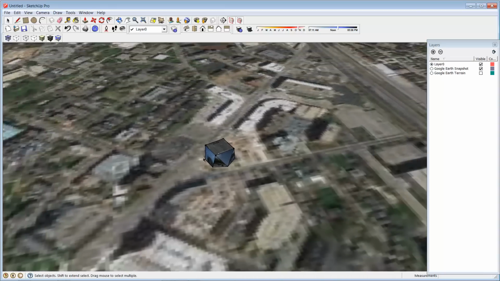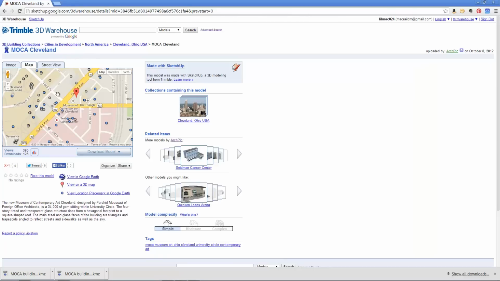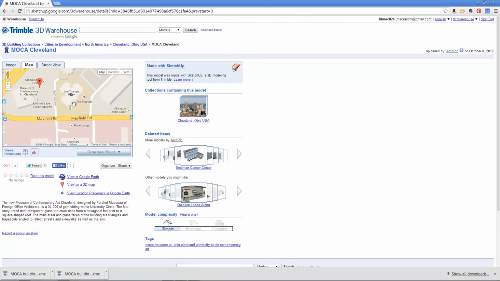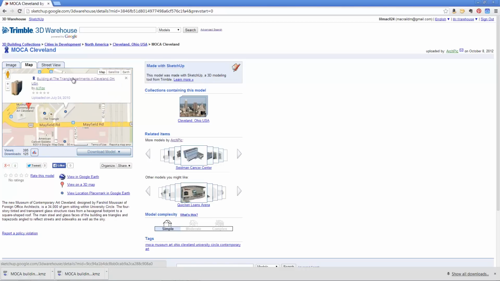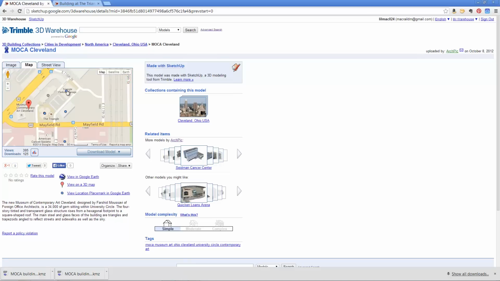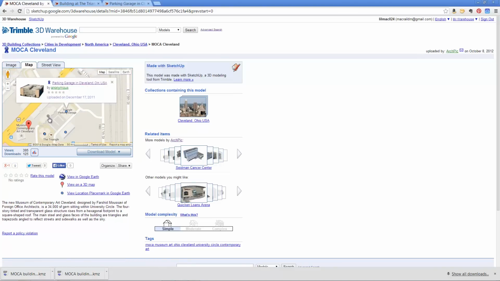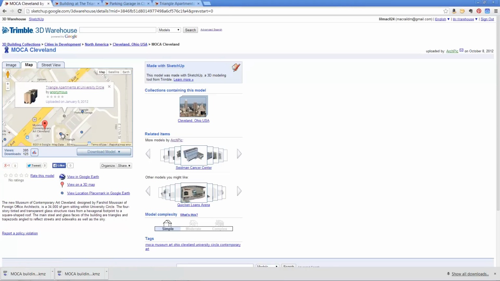I can continue to go through, and what I'll do is go back to this map, and what I tend to like to do is try and find some of the buildings. I'll click on it, then right click, open in a new tab, so that I can do a number of these very quickly, which allows me to keep myself somewhat organized,